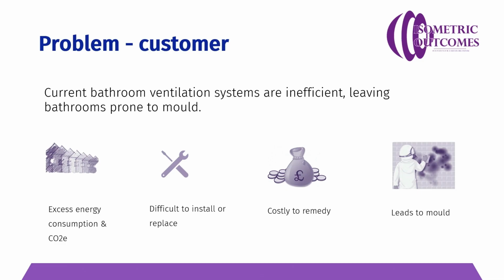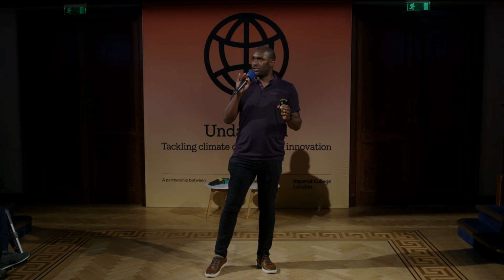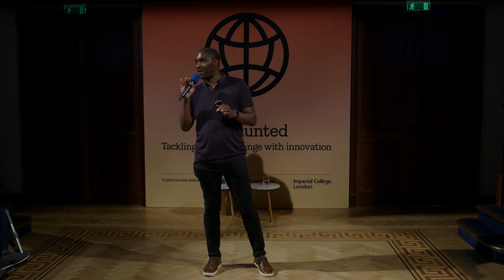A ventilation system that does not work can lead to excess and unnecessary carbon emission, a waste of energy, and a ventilation system which is not perfectly working sometimes is difficult to repair. The installation process of a ventilation system could sometimes be disruptive. It can also be long and difficult to do. If you don't have a ventilation system in your bathroom, it could be costly, both financially and in terms of